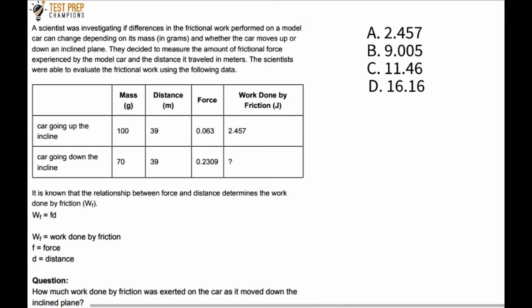All right, the question says, a scientist was investigating if differences in the frictional work performed on a model car can change depending on its mass in grams, and whether the car moves up or down an inclined plane. They decided to measure the amount of frictional force experienced by the model car and the distance it traveled in meters. The scientists were able to evaluate the frictional work using the following data. And the chart says mass in grams, distance, force, and work done by friction. It says car going up the incline, and it says 100, 39, 0.063, 2.457. Then it says car going down the incline, 70, 39,